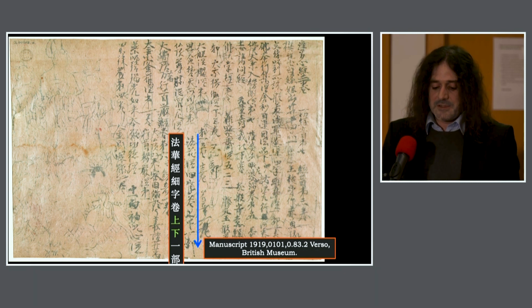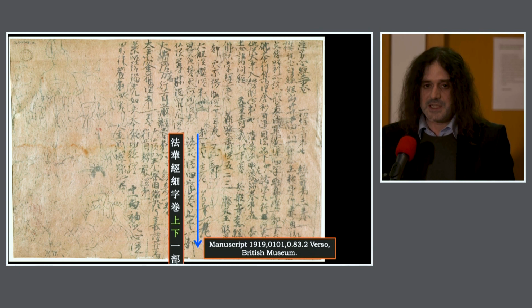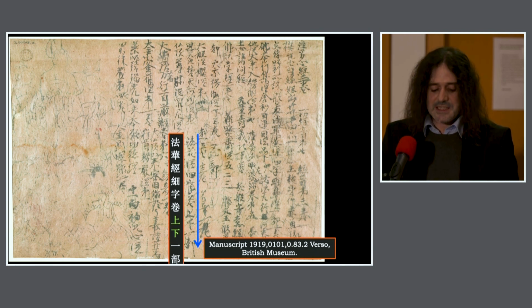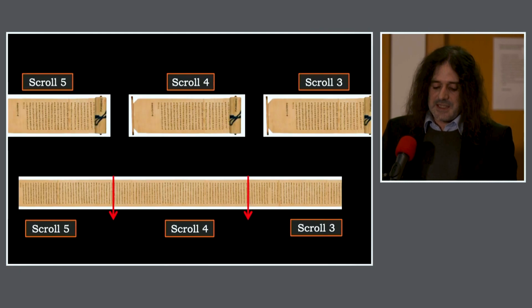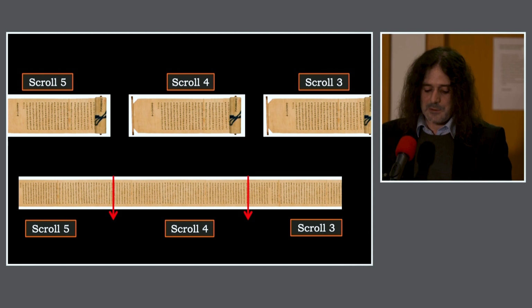However, various examples found in Dunhuang would seem to suggest a different scenario, that is to say that in some cases a complete copy of the Lotus was copied into one single scroll. In fact, it is difficult to provide evidence for such a conclusion because most of the copies that we have